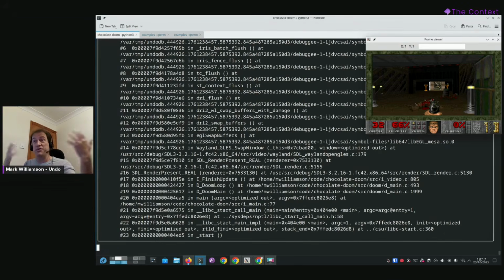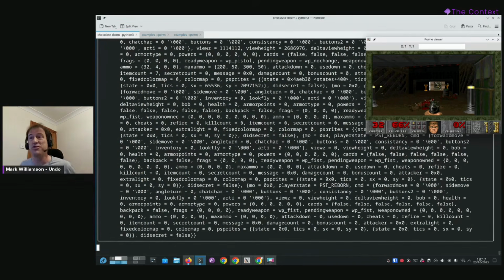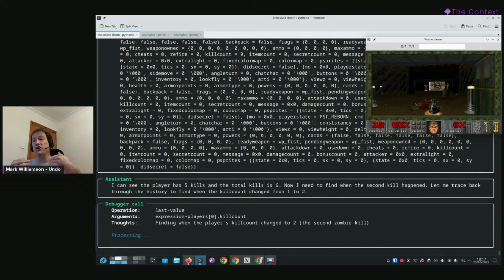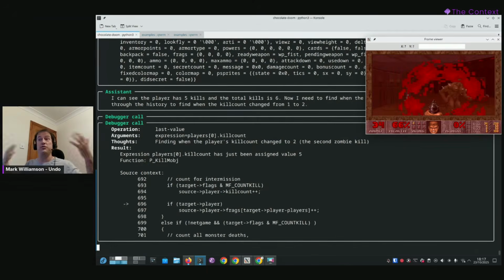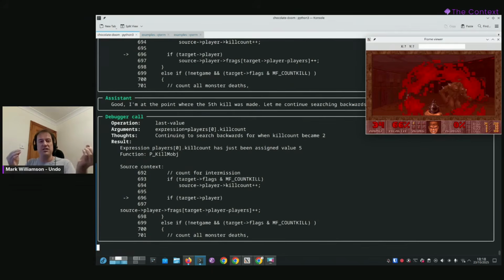What it's allowed to do at this point is view any of the source code it wants. So Doom is a non-trivial program. It's not as large as what we usually work on, but it's definitely quite a few files, quite a few thousand lines of code. And it's allowed to go look at any of that code it wants using its usual agentic retrieval, analyze what the code is doing, read the comments, read our question, and figure out a strategy for answering the query I made.